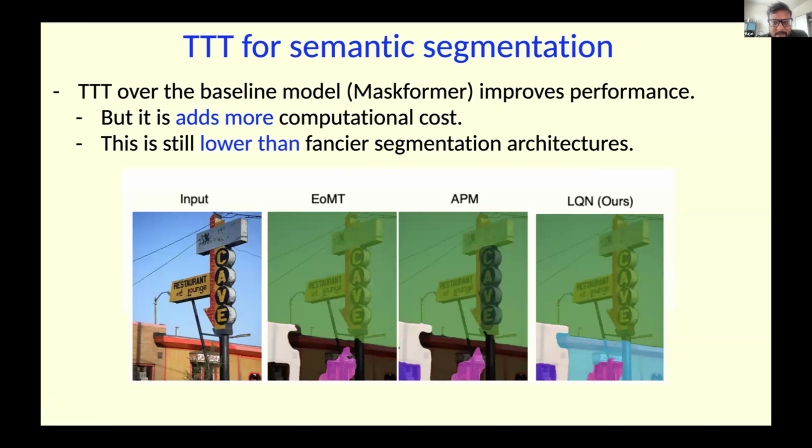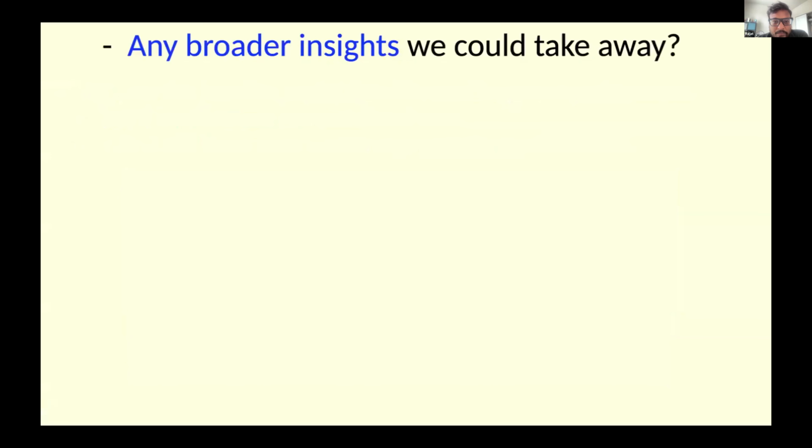So here are some segmentation results which we get. You can see we are able to segment the building also by doing test time training in this way. Now before I end, what is one key insight which we should take away from the whole thing I discussed? As Jason mentioned, we are just doing test time training and we are trying to combine two ideas. So what if we simplify it and want to learn just one takeaway, which we could use in our own experiments?